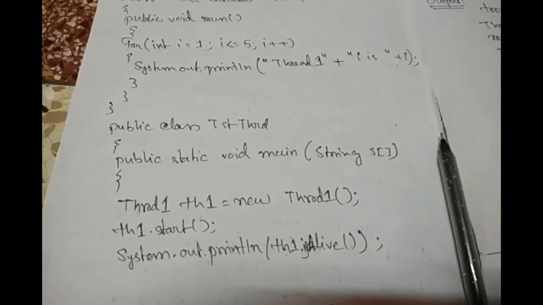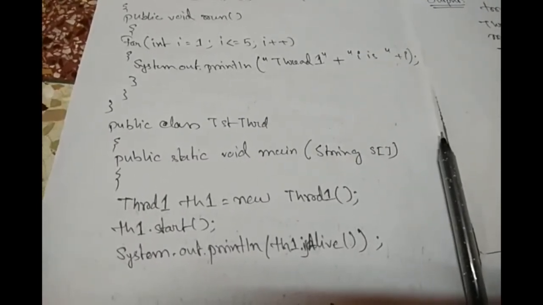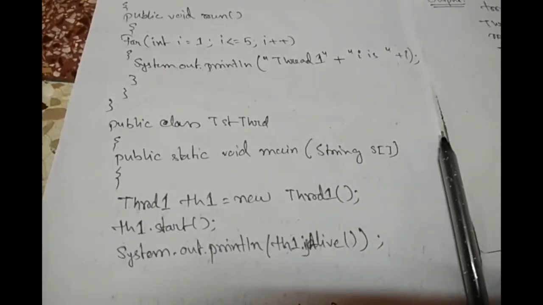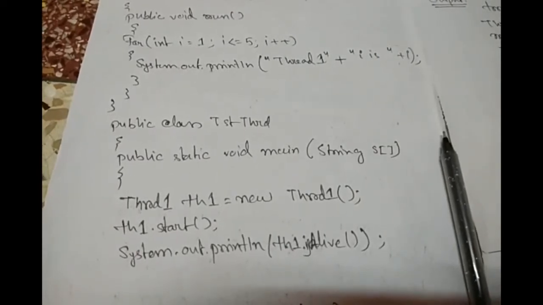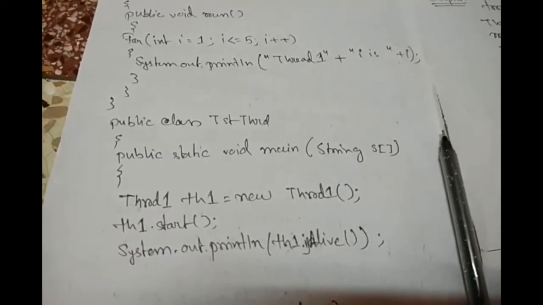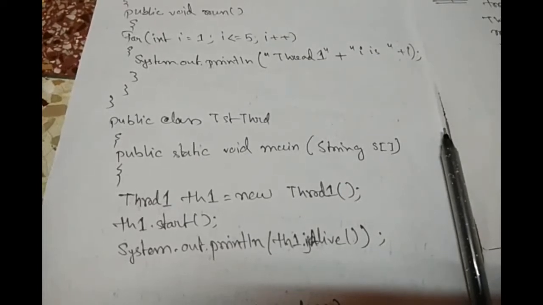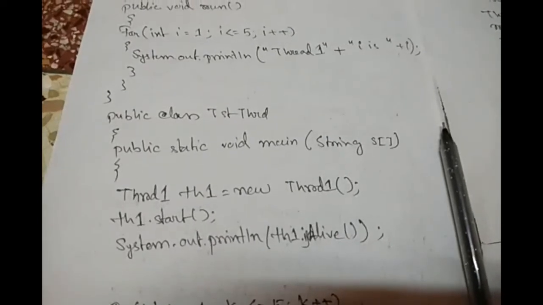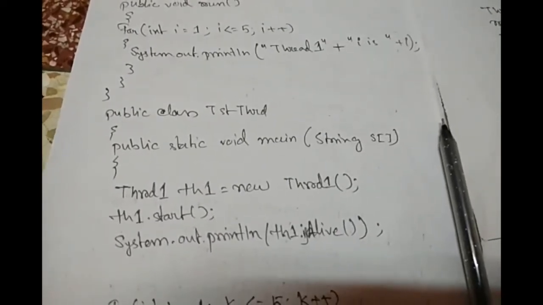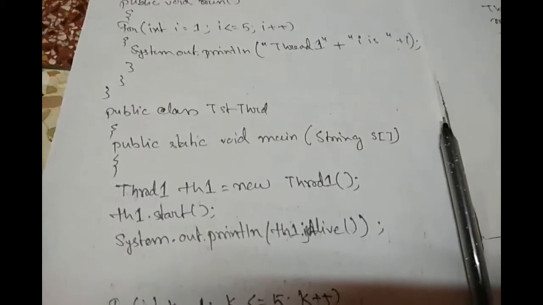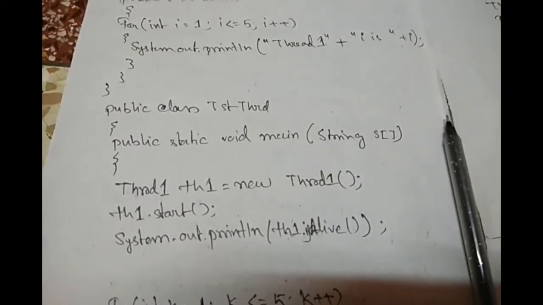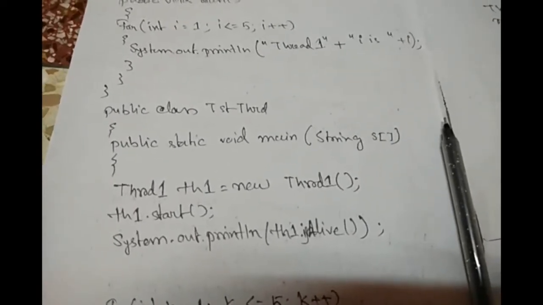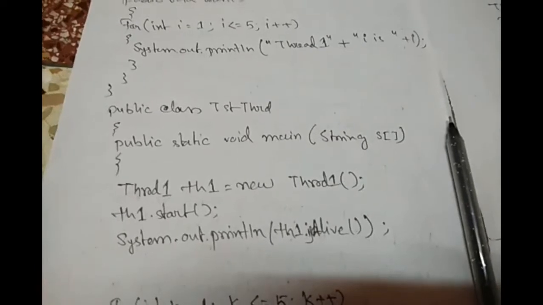So we are creating the thread object, and then we are starting the thread with th1.start. After th1.start, we can see the value of the isAlive method. To show that, we write System.out.println(th1.isAlive()). In that case, you can guess the output is true,